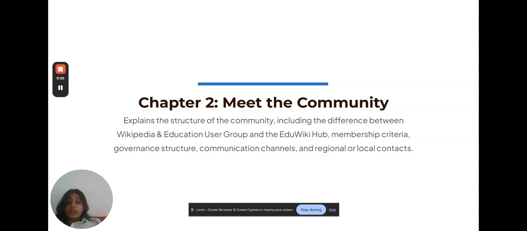We'll be going through a few things together, like the difference between the Wikipedia and Education User Group and the EduWiki Hub, how the community is governed, how you can become a member, the different ways we stay in touch, and whom you should reach out to whenever you need support. I hope by the end of this, you will be clearer and more informed on how things work here.